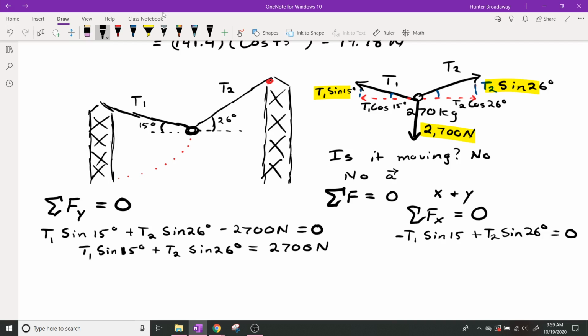So then, honestly, guys, if you know that they're equal to each other and you just write T2 sine of 26 degrees is equal to T1 sine of 15 degrees, because they are equal and opposite to each other, that's fine. I'm not going to mark off points because you didn't include this part. Okay. Did I do that wrong? Oh, whoops. Okay. Yeah, that's all wrong. Yeah, just kidding. Everything is wrong.